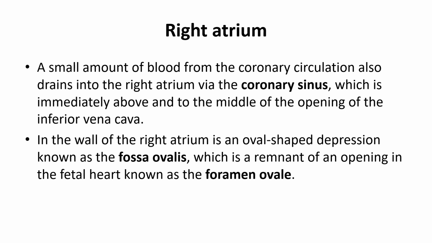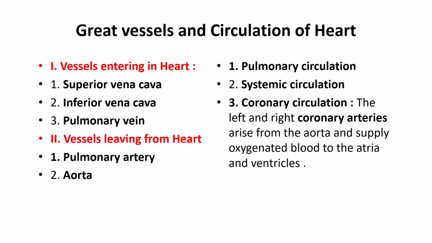In the wall of the right atrium, there is an oval-shaped depression called the fossa ovalis, which is a remnant of the opening of the fetal heart, that is the foramen ovale. Great vessels are mainly of two types, vessels entering the heart. The superior vena cava and inferior vena cava join and form the vena cava, and it enters into the right atrium,